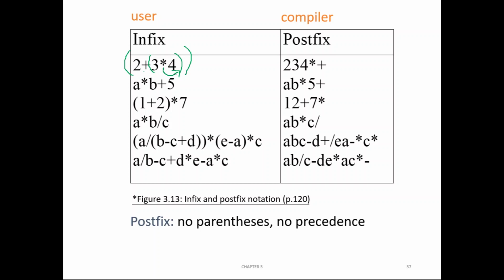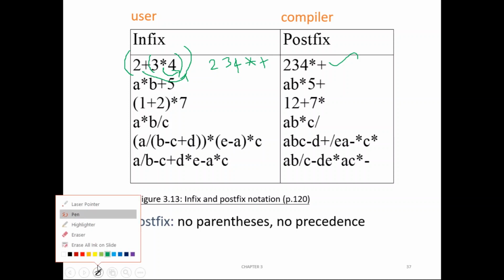Okay, it should only replace the closing bracket. To convert an infix to postfix, it should only replace the closing bracket, and this plus should replace this closing bracket. So this expression will be converted to 2 3 4. This star is replacing the inner closing bracket, so star, and the plus is replacing the outer closing bracket, plus. So you got this, which is the postfix notation of this infix expression.